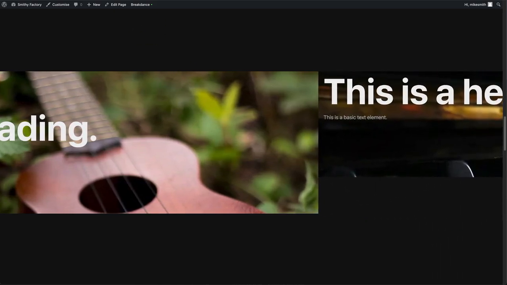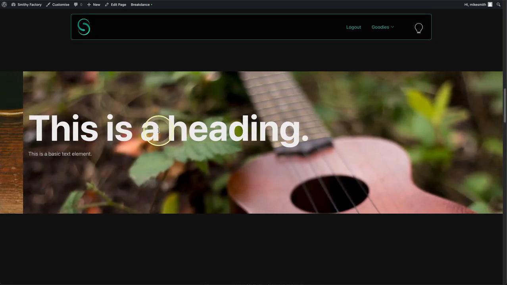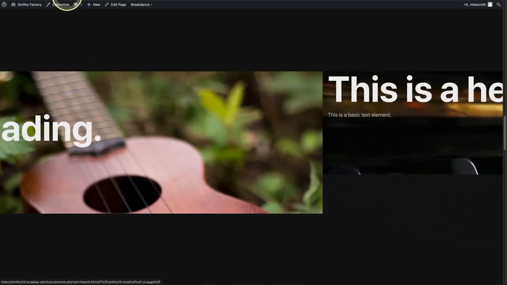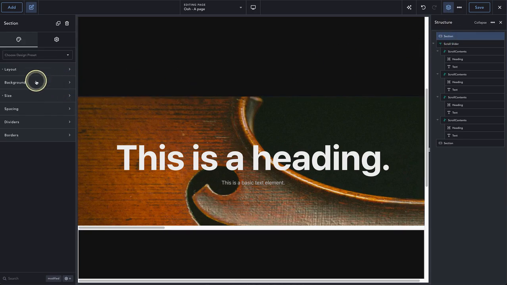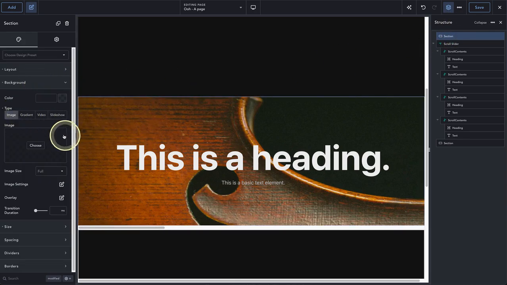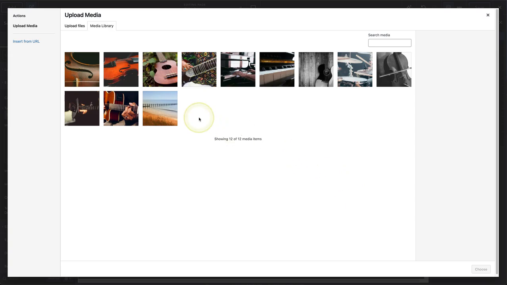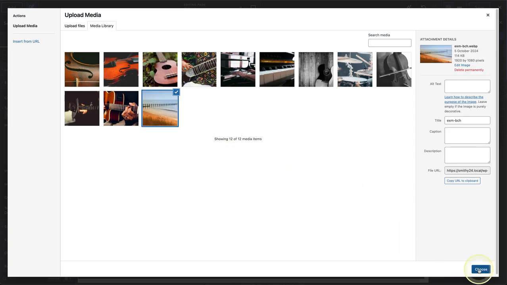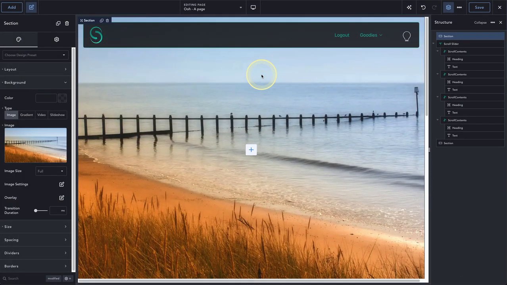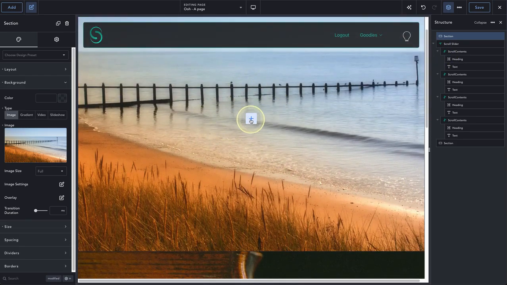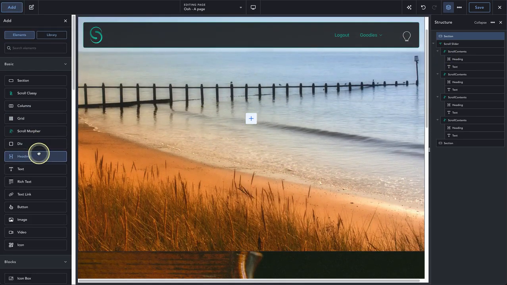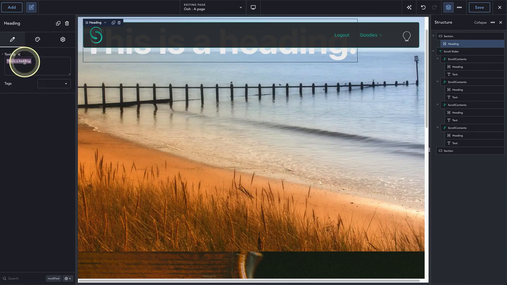So that's very nice. However, do we really want it to stick to the top of the screen? Say we want this to stick to the bottom. Let's go in here, and in this section here, we're just going to add an image to the background. And I'm going to add something completely different than before because it will help contrast with what we're doing. So now we've got a beach. Isn't that nice? So let's say this is our main website,